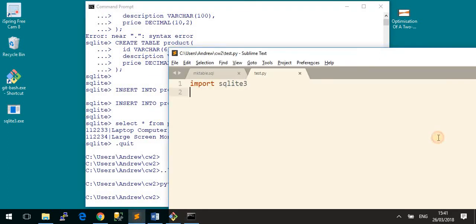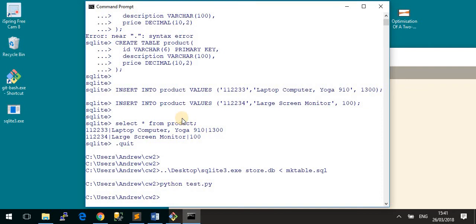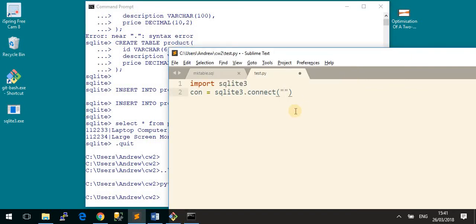Okay, and now we'll see if we can get some data out of there. So first of all, I need a connection. So con equals sqlite3.connect, and I've got to give the name of the database that I created, and I called that store.db. So that's my connection, and I will make a cursor. So cursor equals connection.cursor,